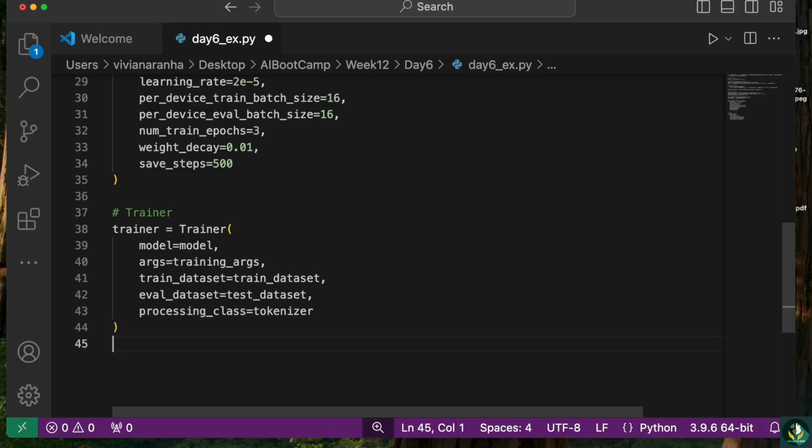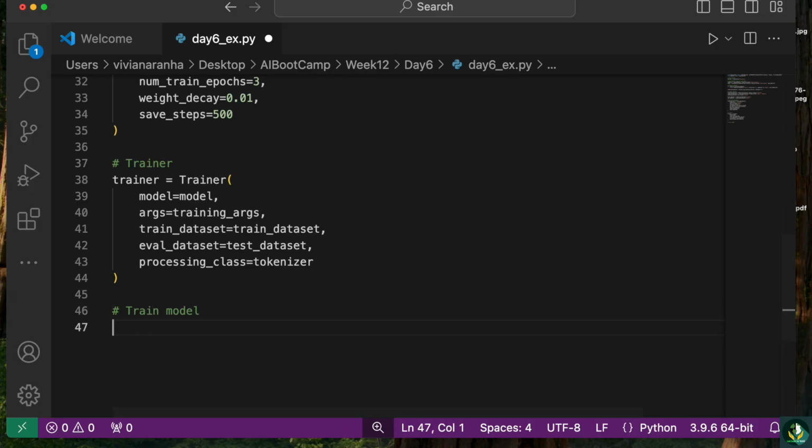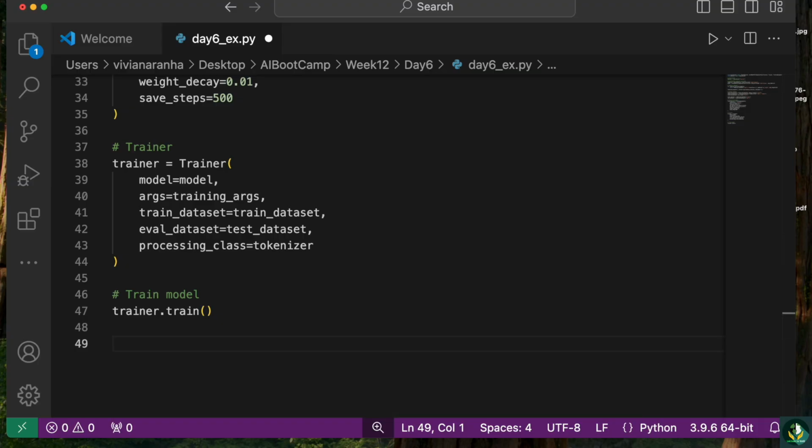Now once this is done, let's go ahead and train our model. To do that, I'm going to just say trainer dot train. That's about it. Now since it's going to run 3 to 4 hours, let's also go ahead and get the